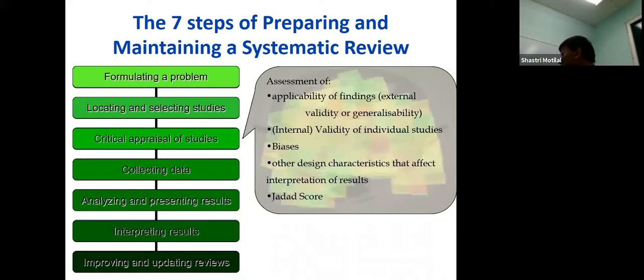So a systematic review is plenty of work, as you can see. It is a lot of work and effort, but it is worth it at the end because the conclusions I get from it beat any individual study. And when we go through an appraisal, what kind of questions are we asking? Were the studies valid? Were there sources of bias in the study? There are different questions, and it depends on what kind of study types you're looking at.